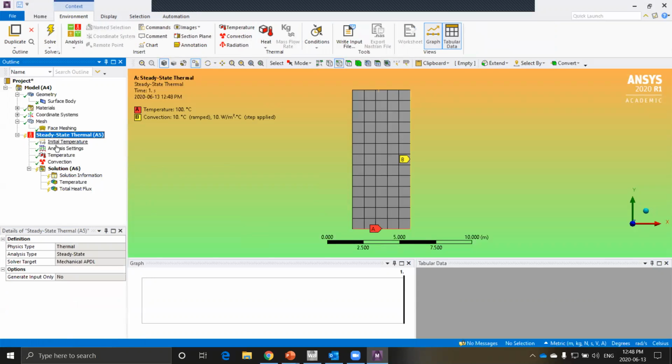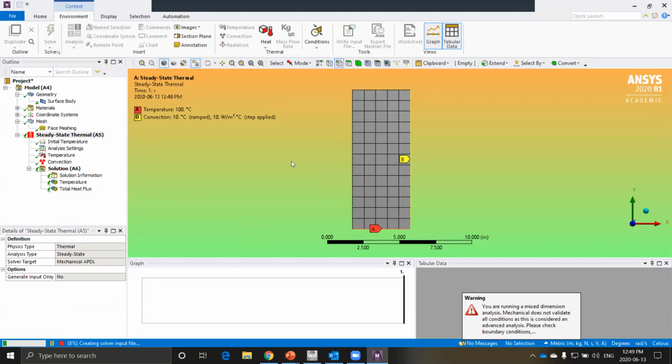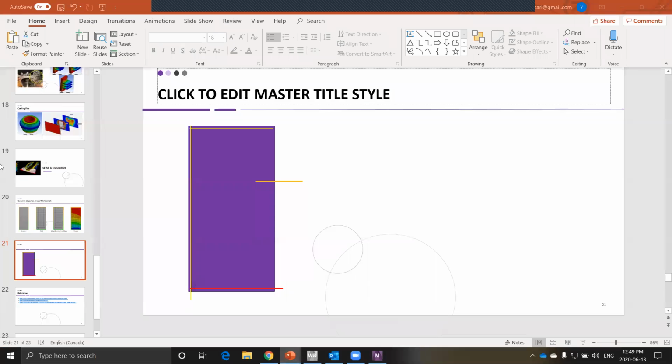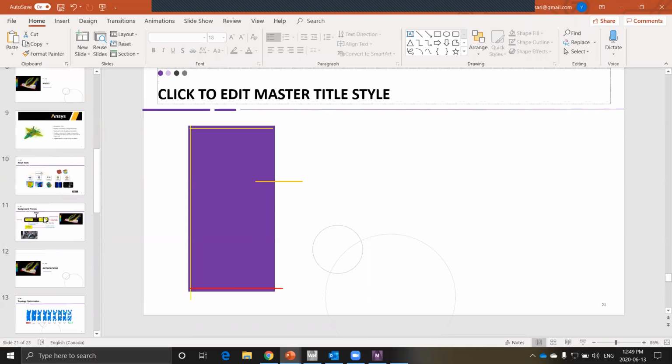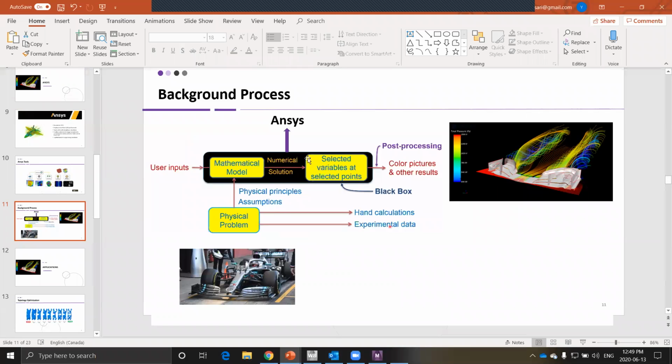And then you can either use this solve icon here, or you can right click and hit solve. So this is where the solver performs this process, applying a numerical solution to find the values at select variable points.